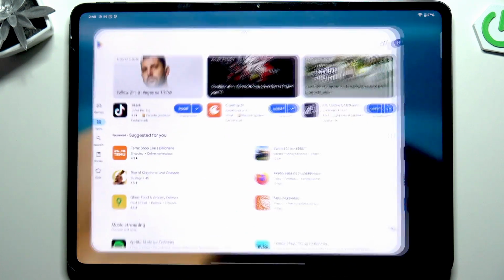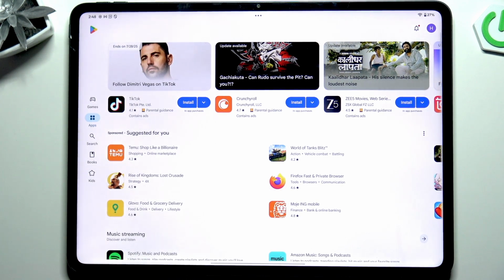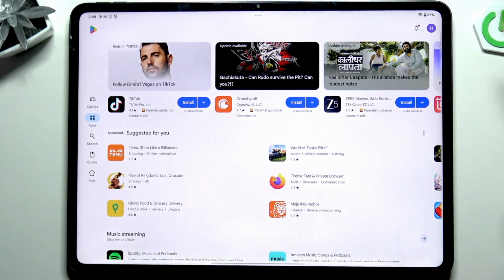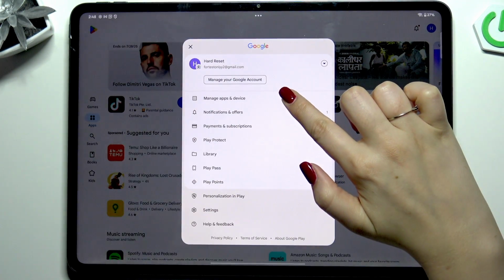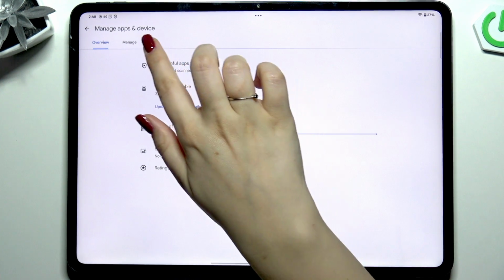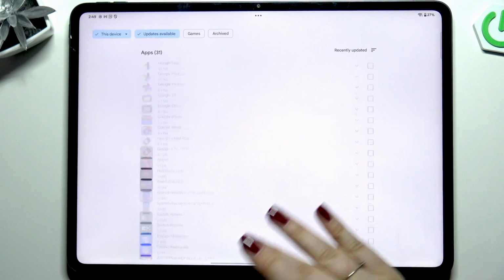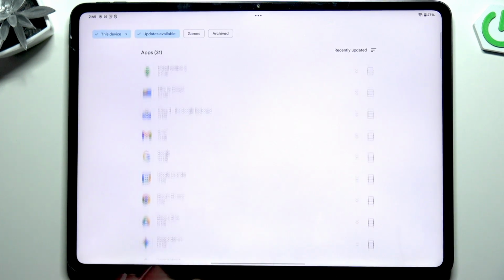Alright, so let's enter the Play Store finally. And here all we have to do is to tap on this circle in the right upper corner, which is your account. Then let's tap on Manage Apps and Device and tap on Manage. Here we have to tap on Updates Available, and as you can see, in my case I've got 31 apps